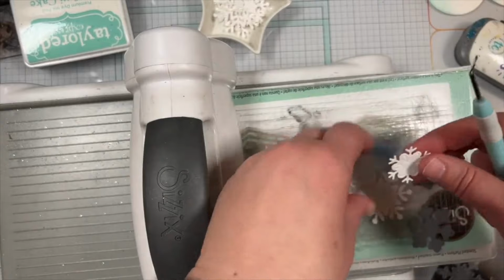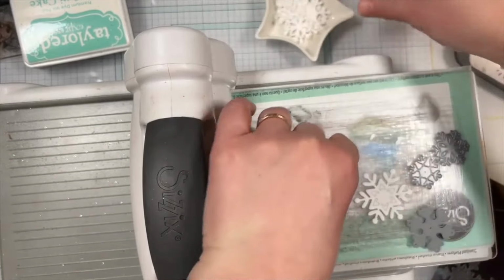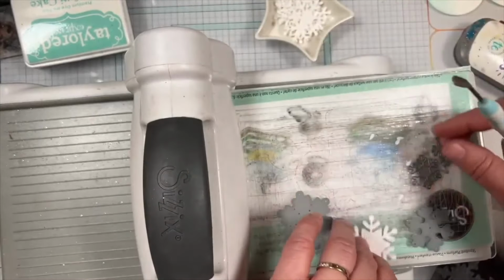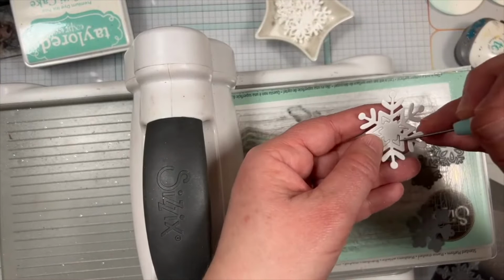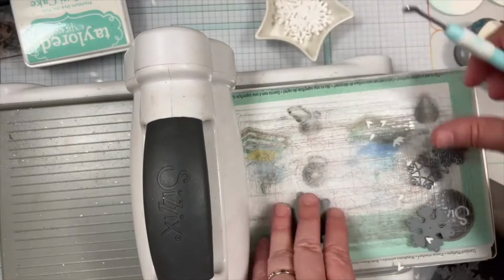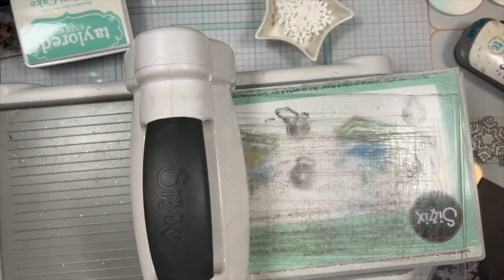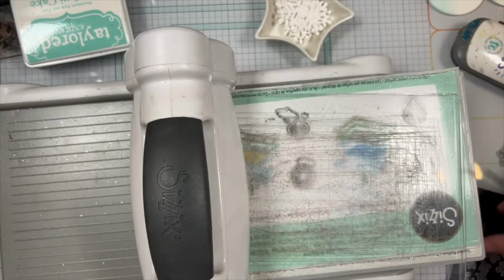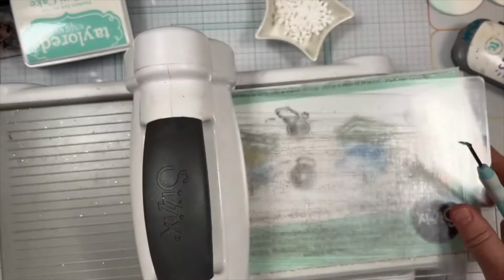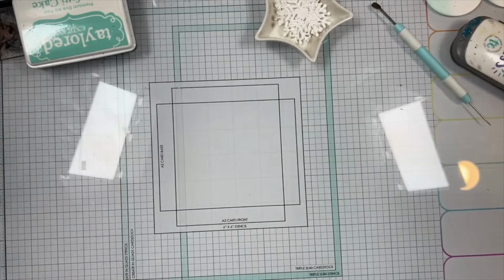All right, so I'm cutting out a few snowflakes, and I'm just going to use my little piercing tools to get those little bits out of there. I'm going to pop those into my little dish so that I have them all in one place. All right, let me pop those back on that magnetic sheet, otherwise I will lose my snowflakes and that would be horrible. Okay, I'm just going to pop my die cut machine off to the side and we're going to grab that background